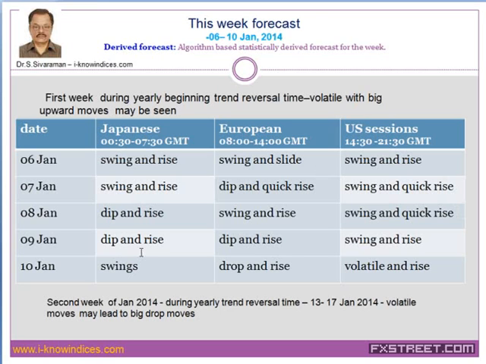Then on Thursday, you know that the prime data releases are the BOE and ECB interest rate decisions. Not much of a change is expected. Still, the players will try to use it as a market trigger time. So they will try to make a dip during the start of the day and then gain or rise levels. And again during the European session, a dip and then rise. And swing and rise could be seen during the US session.